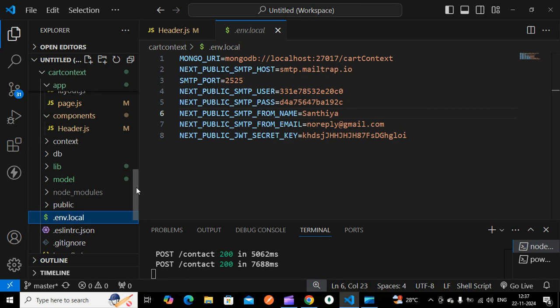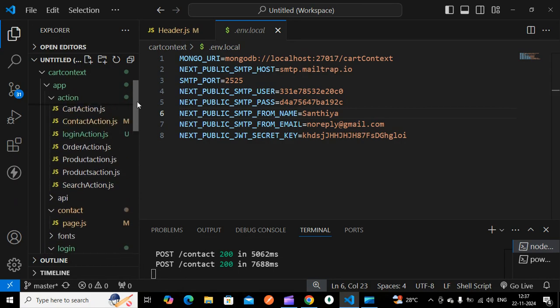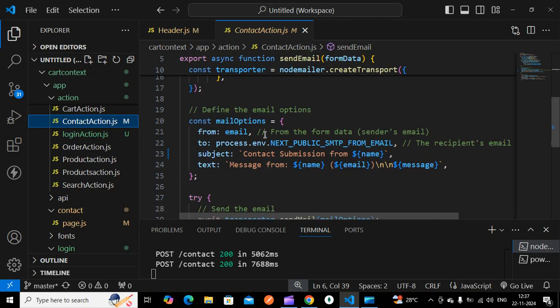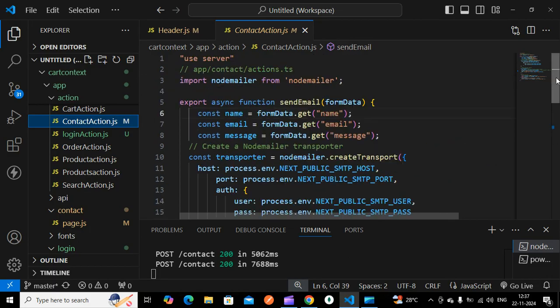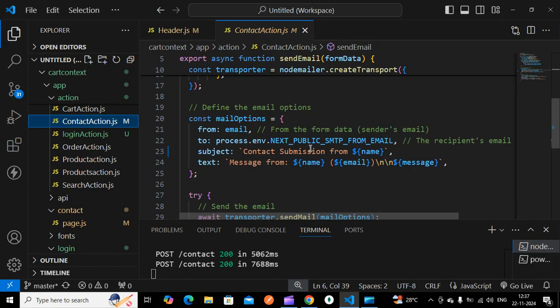Once you have given this in the .env.local, go to this particular contact form. In the contact form you will be accessing this host, port and auth. You have to access all these details, and you have to create the mail options. The from detail is the mail ID, whatever you are typing, and the message and names we are using here. The to is noreply@gmail.com, and the subject is contact form submission, which you can set your own way.